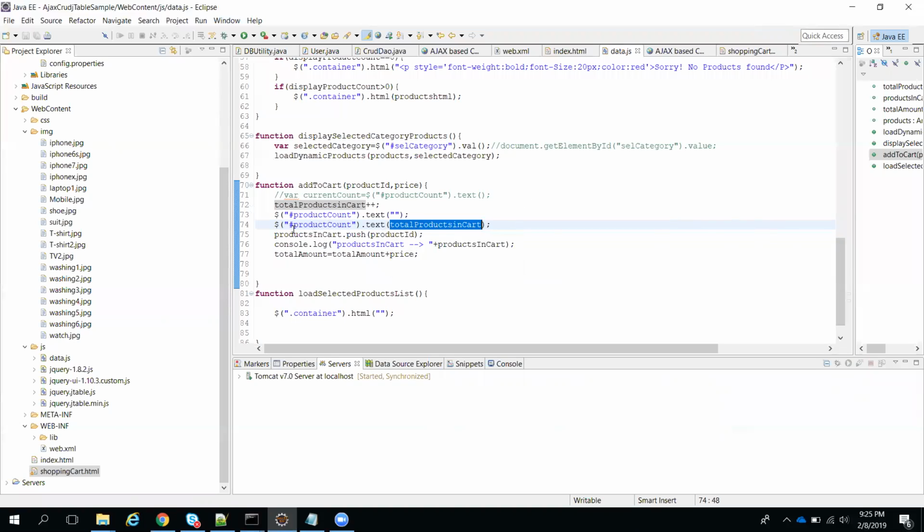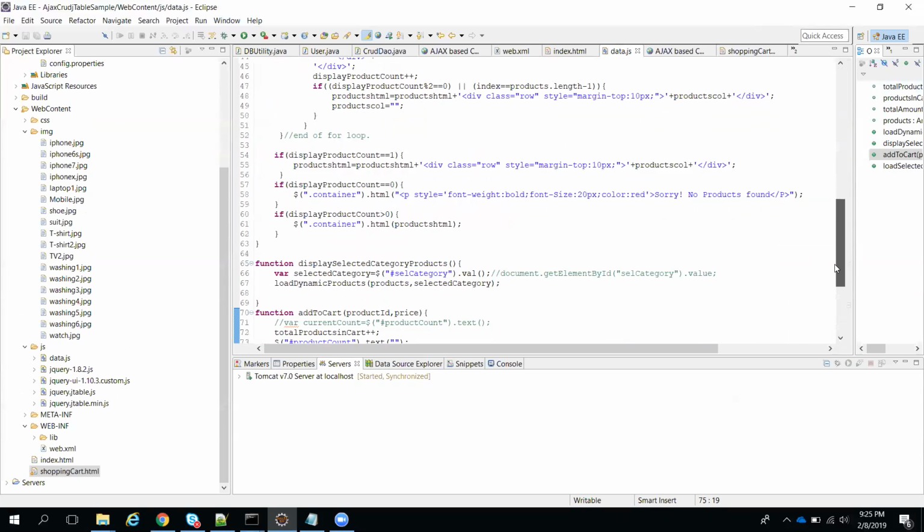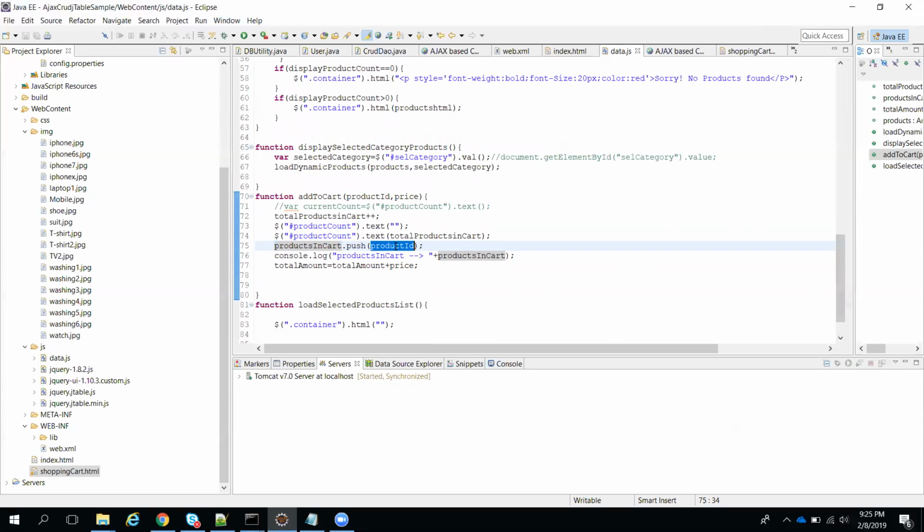That is very important. After that, when you click on that shopping cart icon, we need to show some summary page, right? Meaning what products you added, how many quantity, price and total price. That summary page we need to do. For that we require some data. To store that, I declared one array, products in cart, initially empty. Now when you click on add to cart, every time I need to update that array by pushing the product id. I'm just adding whatever product id you selected inside this products in cart array.